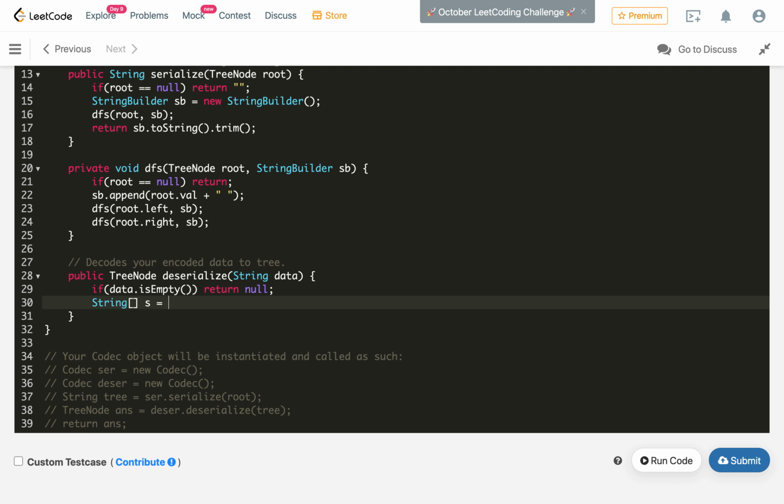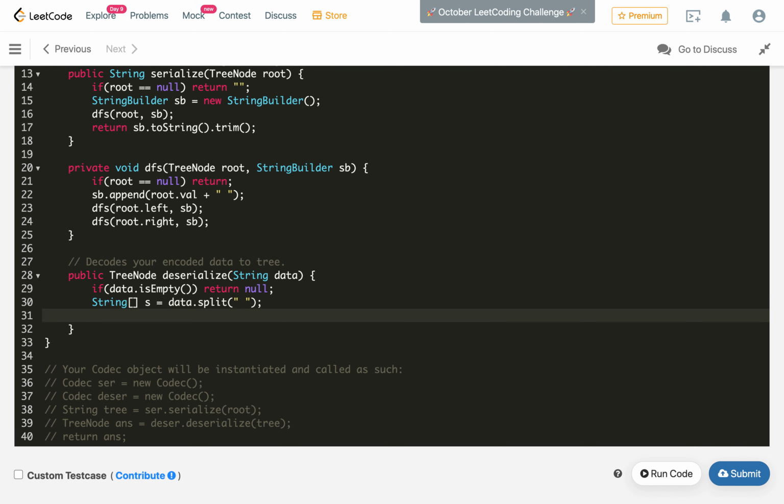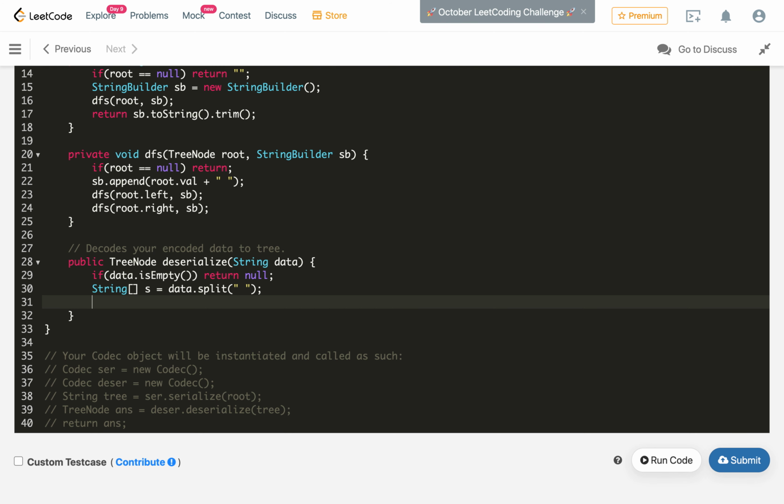Let's call it S, data dot split using our delimiter, which is a space. And now we will return from our helper, construct BST from the preorder traversal. We will pass this S and the start index 0, and the last index is S dot length minus 1.